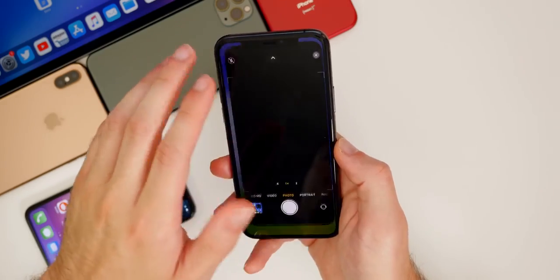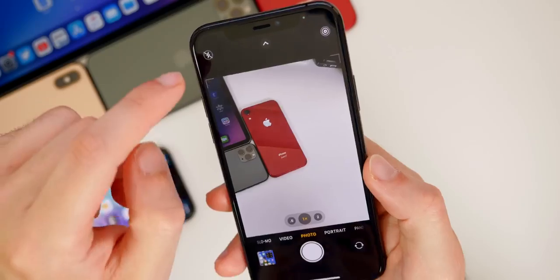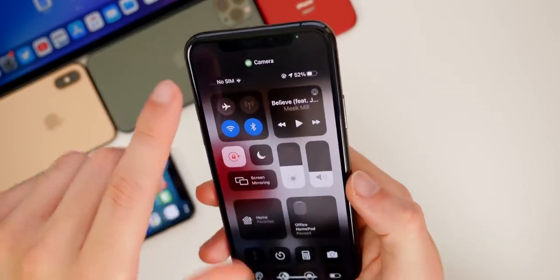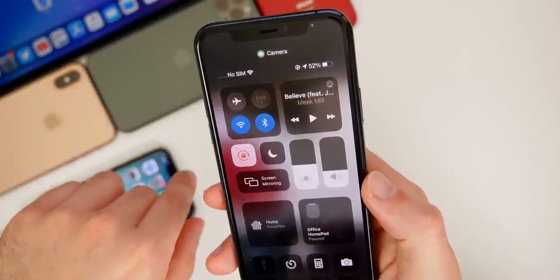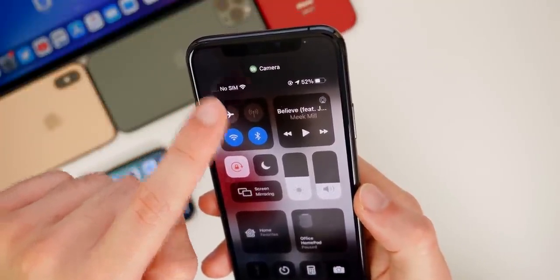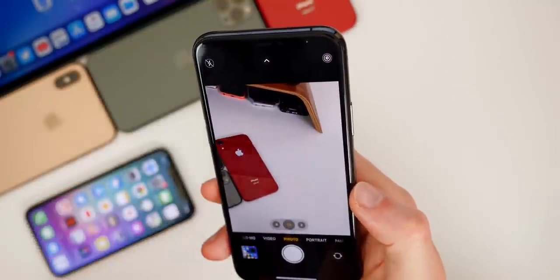So for instance, let's just go into camera and take a look up in the very top right. You will see a little green dot right there. If you swipe down from the control center, you will see a little camera right there and it says camera is being used right now. So green is for camera. Anytime you see the green dot up in the top right of your iPhone, that means that the camera